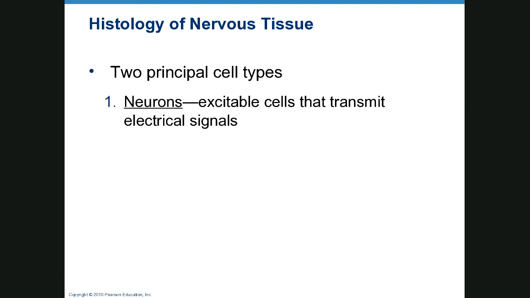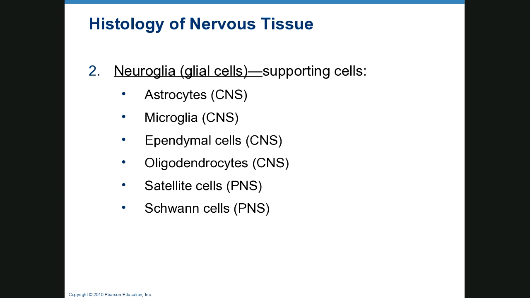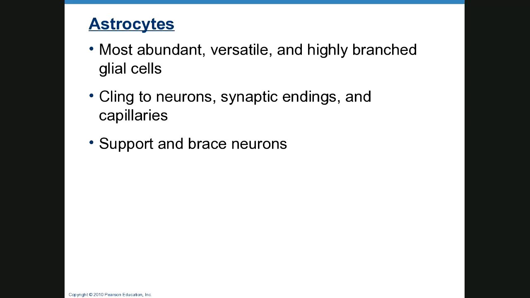Okay, next we're going to talk about just some of the histology that makes up the nervous system. And our cells are divided into two principal types. The neurons, these are the actual nerve cells. They're excitable, they respond, and they do actually transmit electrical signals. And then we have our glial cells or neuroglia. These are supporting cells. The first of these we're going to talk about, this is in the central nervous system